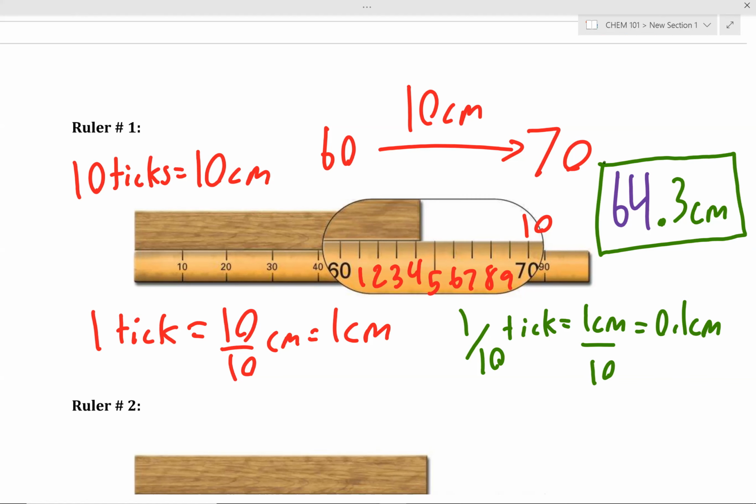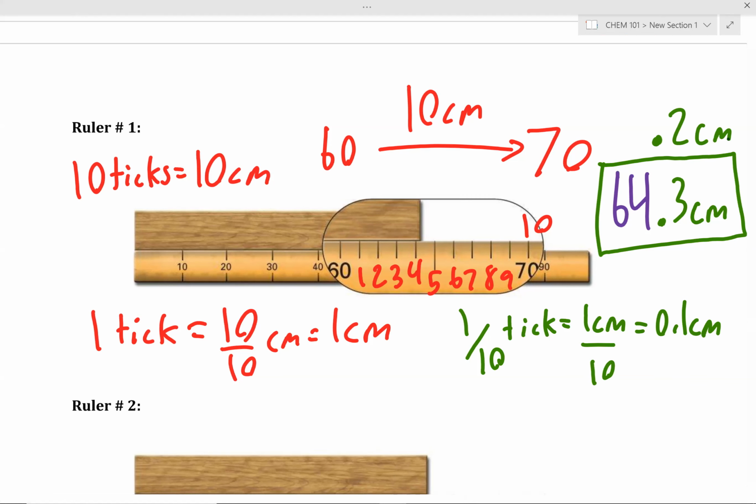Yes? So say you were to quiz us on this and we had a similar problem where we had to give an estimate for the last digit. Does it matter if I had 3 and somebody else has 2? No, you're allowed to have variation in the estimated digit. Yeah. As we've seen from discussions and input from the class, your classmate may report 64.2. The estimated digit inherently has variation or uncertainty, so it's perfectly tolerable. Yep.